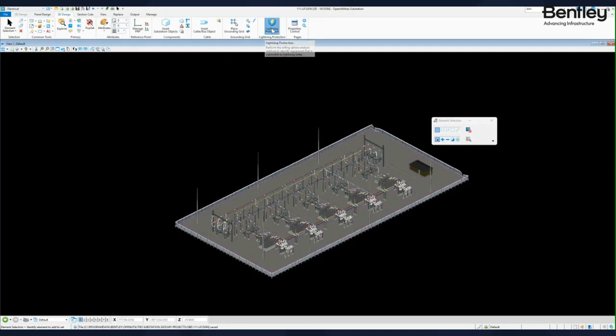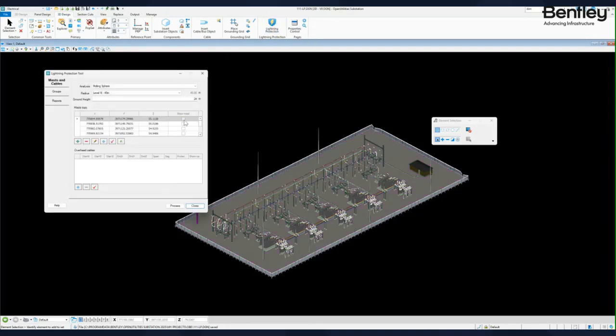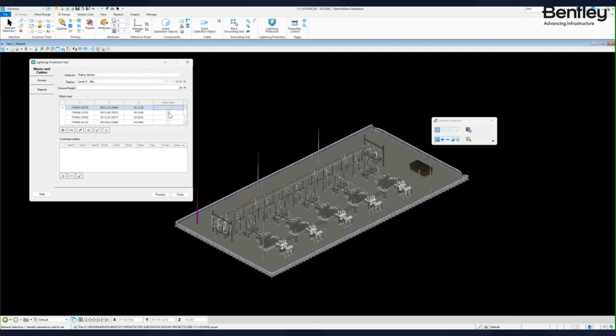And simply, I can go to the lightning protection, show which mast I added. And this mast can be added as 3D models. It can also be a point. If I don't have a 3D model, I can simply specify the point, the top of the mast, using the points. It can also be a point from the reality mesh or some point cloud,